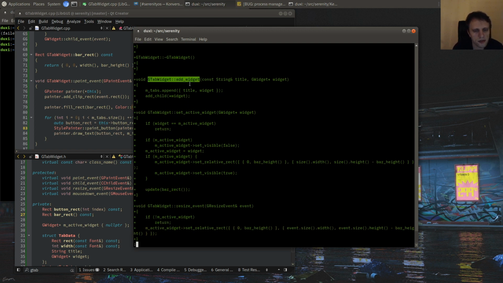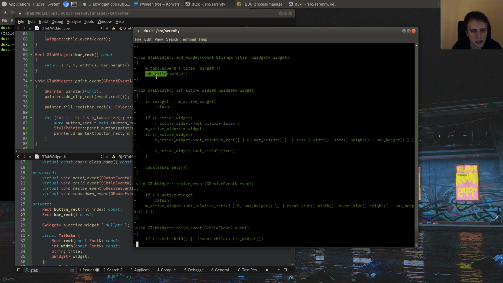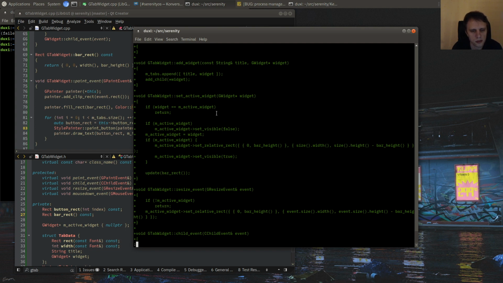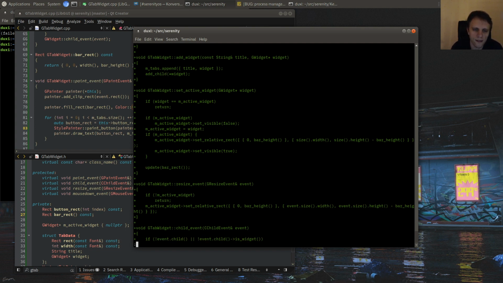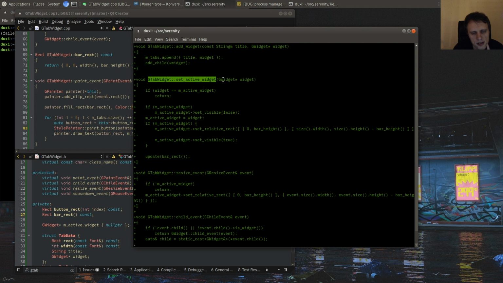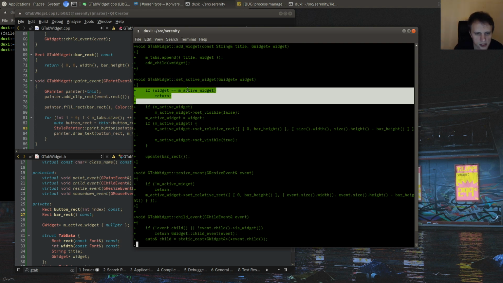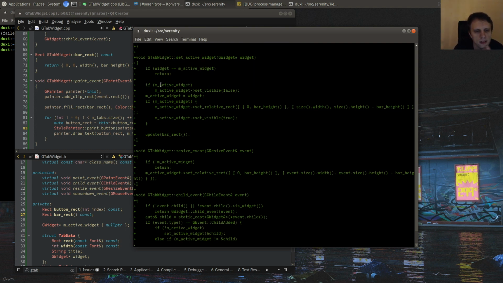And it has a few different things. So let's see. We have add widget, which just appends to the tab vector with the title, and then adds the widget as a child. Of course, we fixed add child in C object already to update the parent pointer correctly. Okay, and GTabWidget set active widget. We detect no-ops, and then